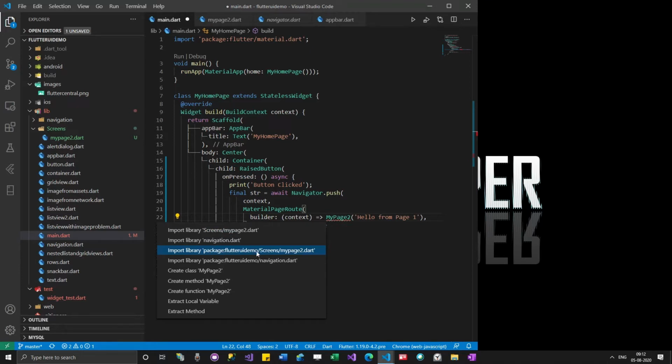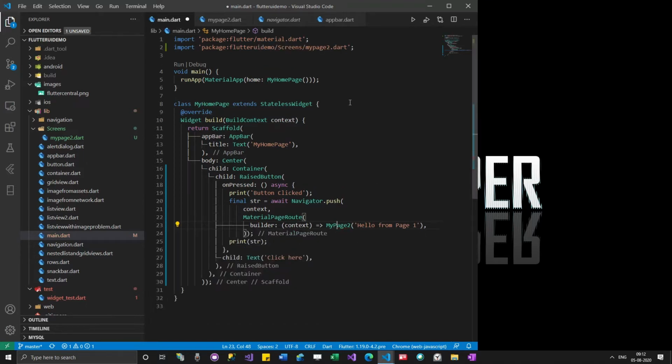The reason navigation dot dart is showing is probably that it has a my page 2 class too, but we know we have to use the one from screens. If you observe these two, the difference is that it is prefixed with package colon flutter UI demo. Let me select this.